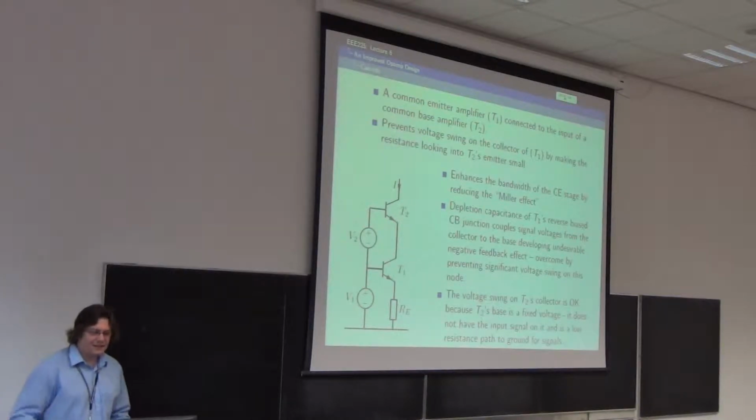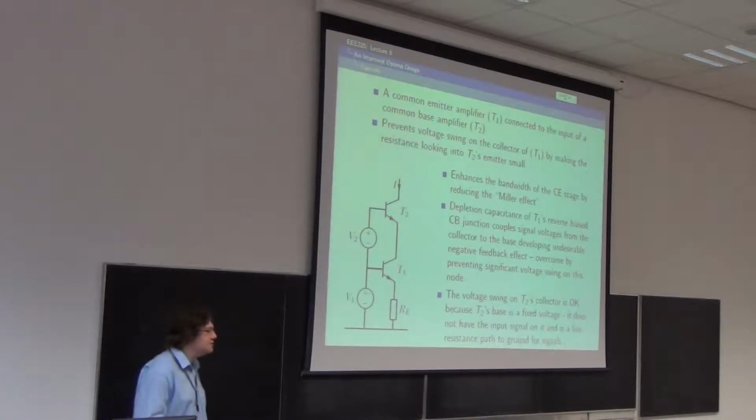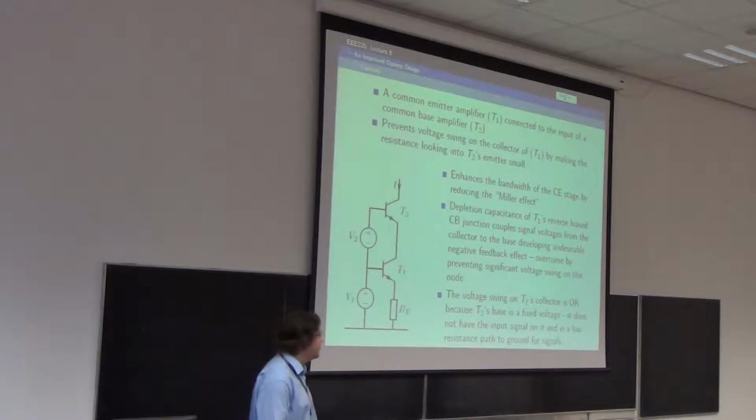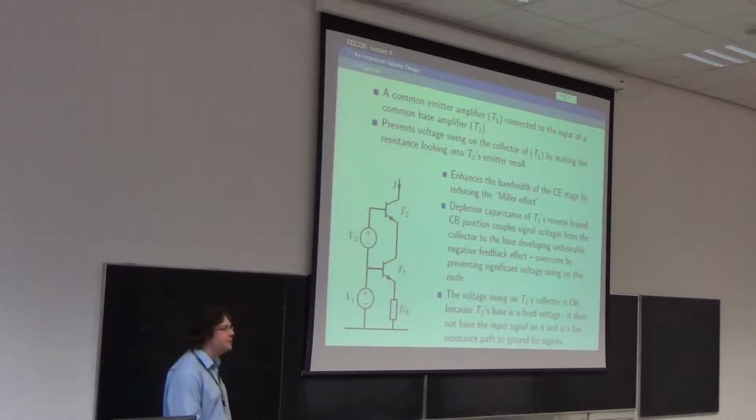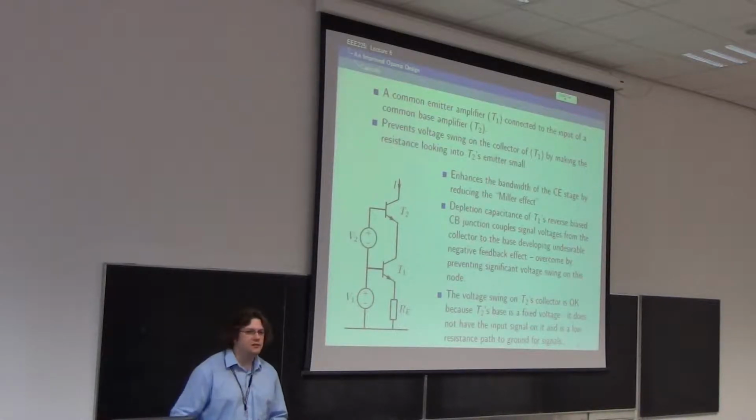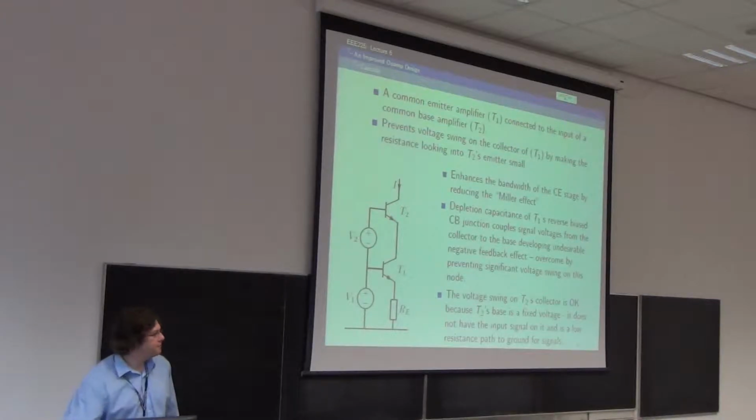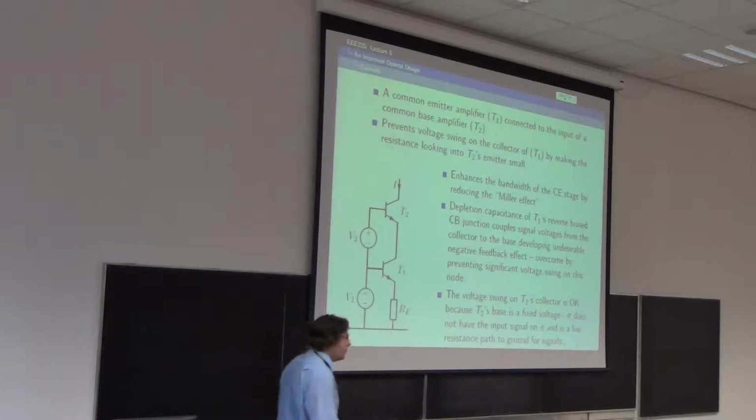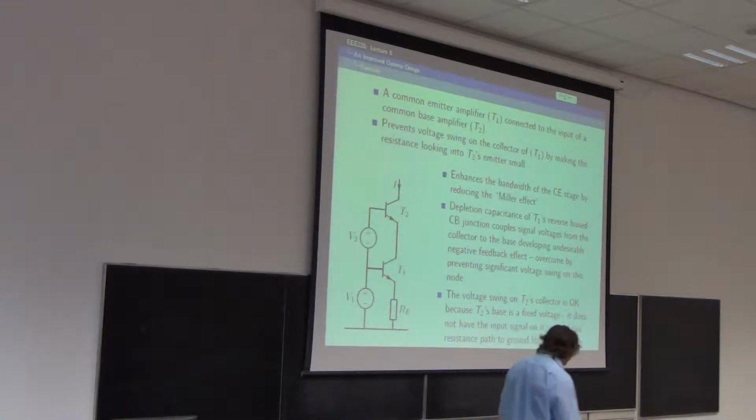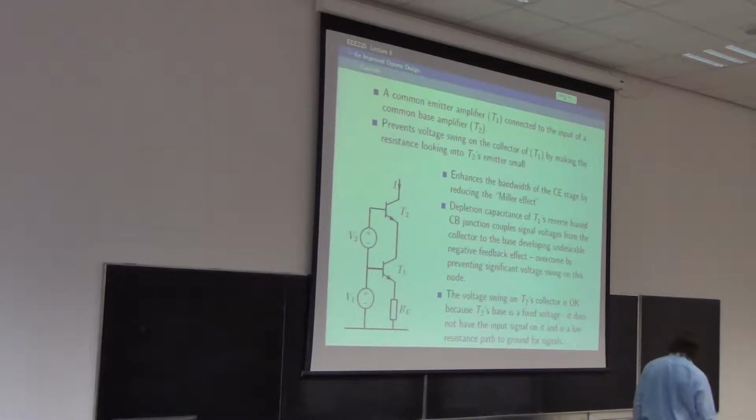So the cascode is important because it enhances the bandwidth of the common emitter amplifier. And it does this by preventing some feedback that we previously haven't discussed. In the small signal model for the transistor, there are in fact some capacitors, and one of them,